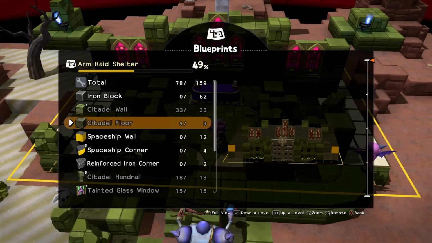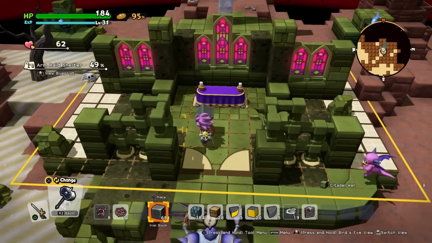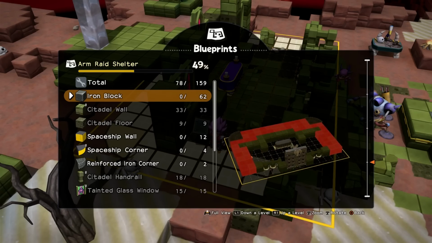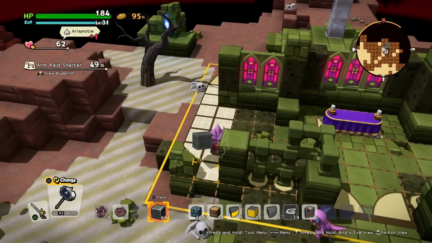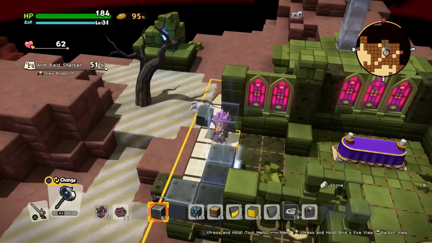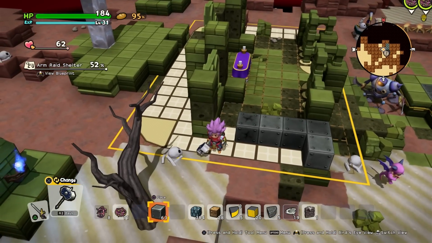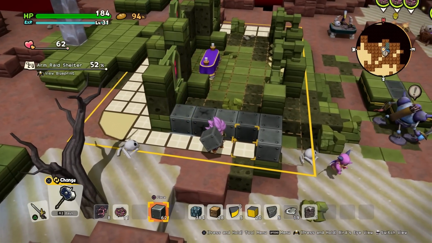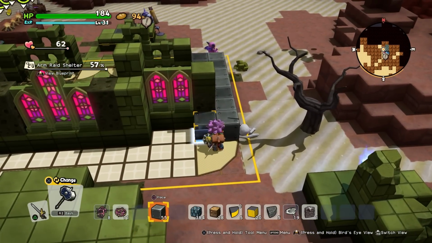Now, what's next? Citadel floor's already done. Iron blocks, we're going to need quite a few of those. Fortunately, we have quite a few of those. So you can kind of see that's what the bottom layer is going to be. Yeah, we'll just start there and kind of work it out. Oh, also destroy these. So boom, boom, boom, boom, boom. Whoops. Oh, man. I never mean to do that, and yet I always do. Once we get the bottom layer done, then we can look at the rest of it, but for now, I'm just going to...